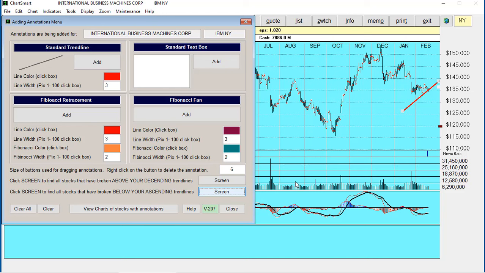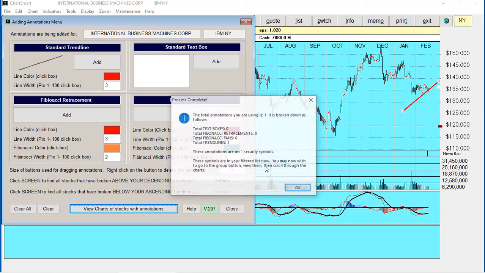I'm unfamiliar with any product available like that. And again, the reason why we can do that is because we've had so much experience with chart books and people using trend lines 30, 40 years ago in their evaluation of various companies. Then what we can do is view stock charts of all those things with annotations. So it tells us everything that we've got